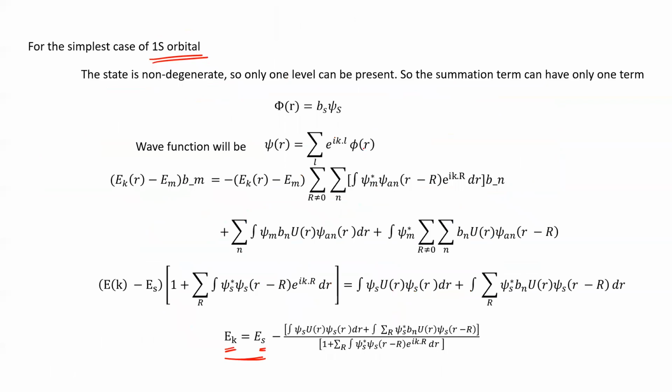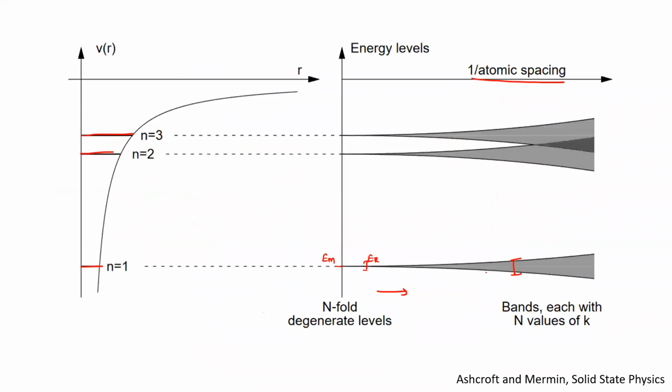So if we start having the overlap values, then you will have energy levels not equal to Em, even away from the Em energy level. So this is the Em energy level. You will have a spread. As you start decreasing the atomic spacing, more and more you will start having the atomic overlaps, and these energy levels will expand. This is what you will see for n equal to 2 and n equal to 3 as well. But remember, n equal to 3 and higher numbers, n equal to 4, will have a lot more